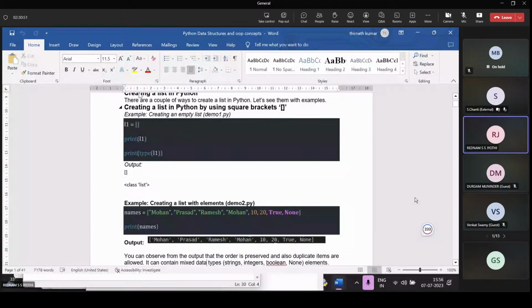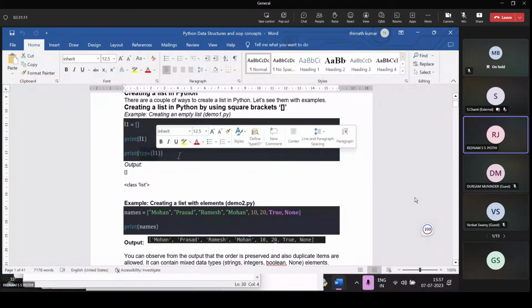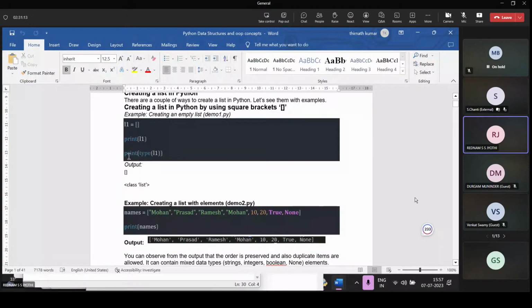This is creating an empty list: L1 equals to brackets. Simply we represent an empty list. After executing this program we will get this output. Then, to know what type this list is, we print the type of the element, that is class list type.